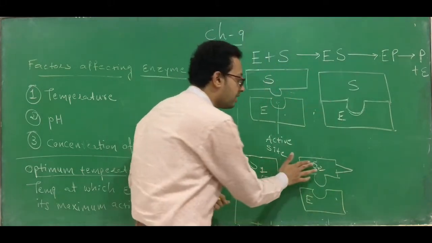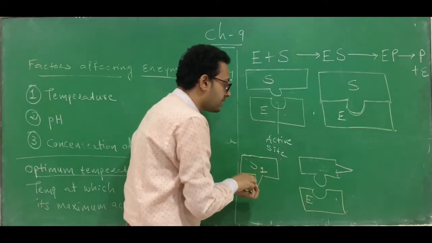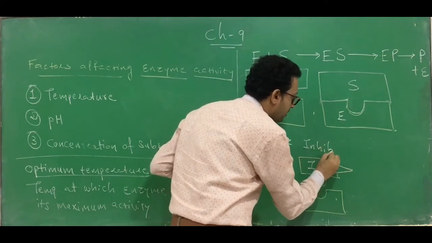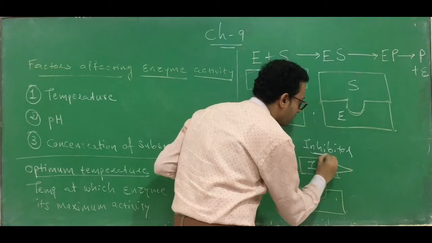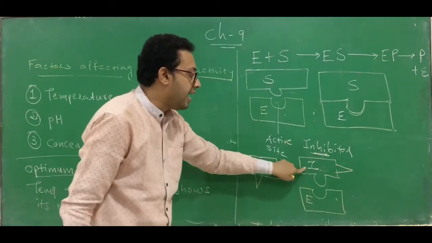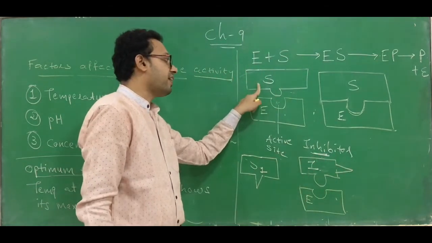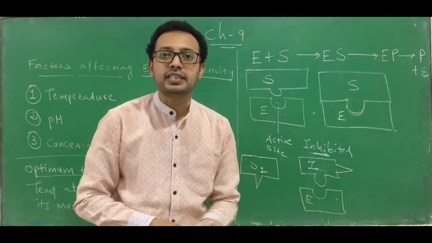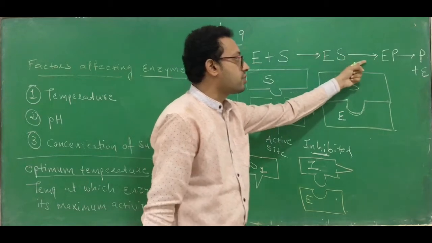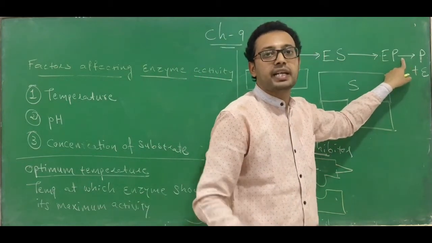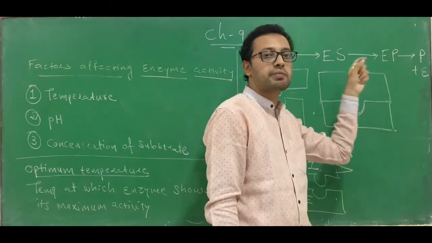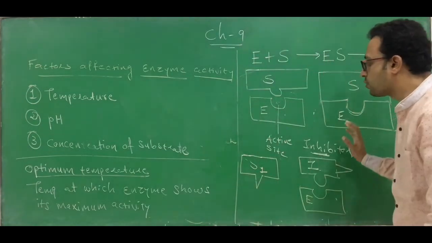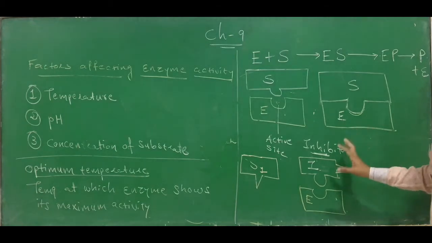Clear? So here, this S2 we are calling as I. Okay? This is called an inhibitor. What do we call it? Inhibitor. So what is an inhibitor? Inhibitor I, it prevents the binding of S with an enzyme. And once the inhibitor binds with an enzyme, it cannot catalyze the reaction. A reaction આગળ થશે જ નહીં because S bind નહીં થયું, ES complex બનશે જ નહીં, and the product is not going to be formed. Clear? So this is what is going to occur in the case of an inhibitor.